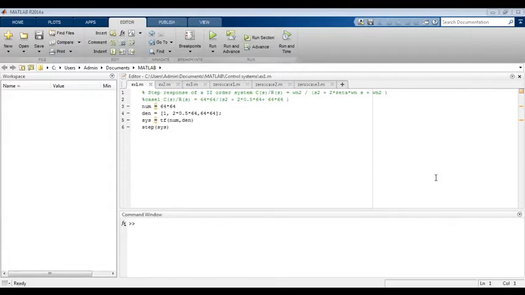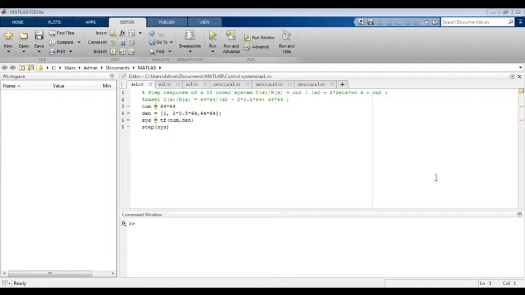You have to enter the values of the numerator and denominator in the form of a matrix. In the numerator you have 64 into 64, that is nothing but the coefficient of s to the power 0. You have to understand s to the power 0 means 1. So the coefficient of that, 64 into 64, we have entered. Next, the denominator. You know that s is a variable. In the denominator you have s square plus 2 zeta into omega n, that is 2 into 0.4 into 64,